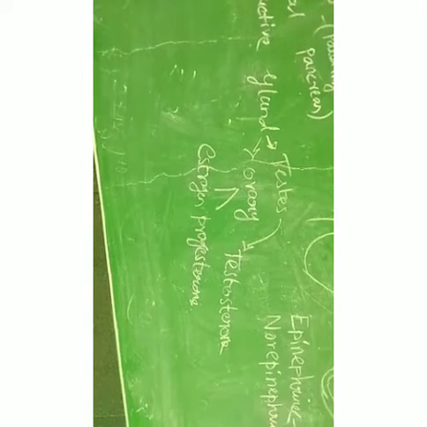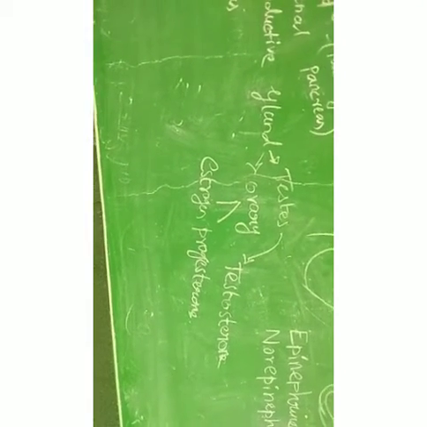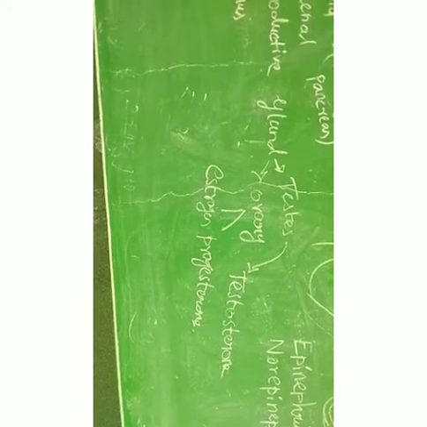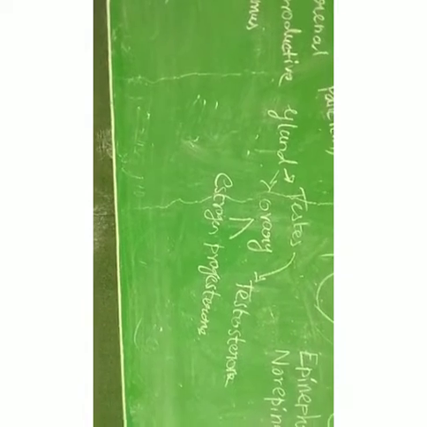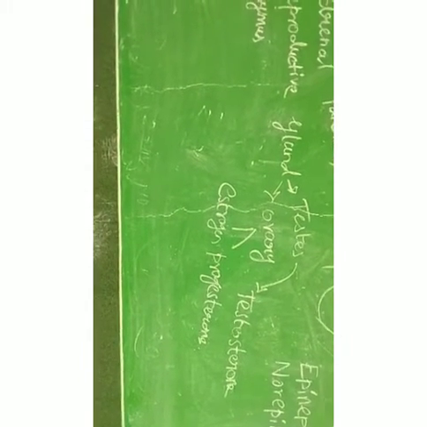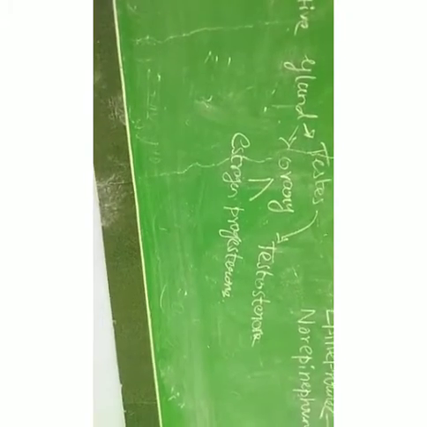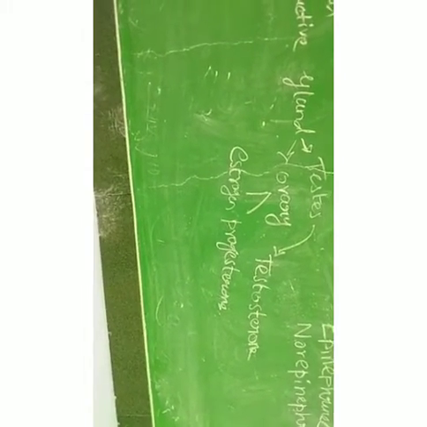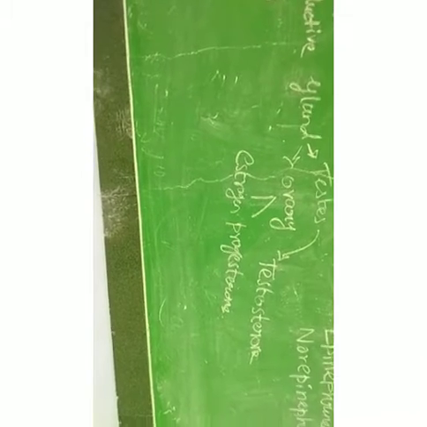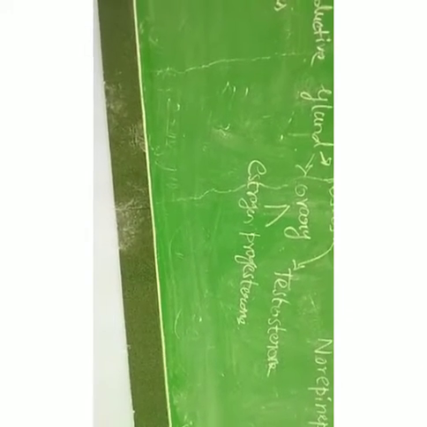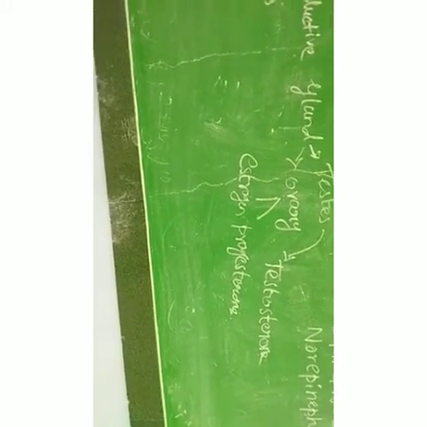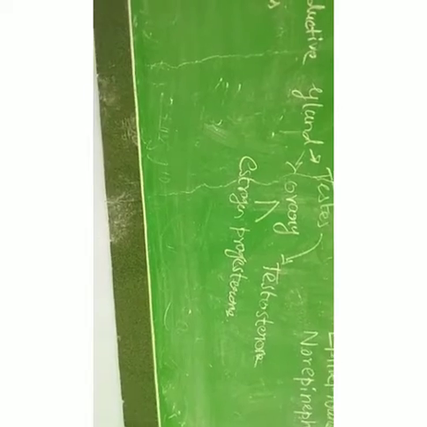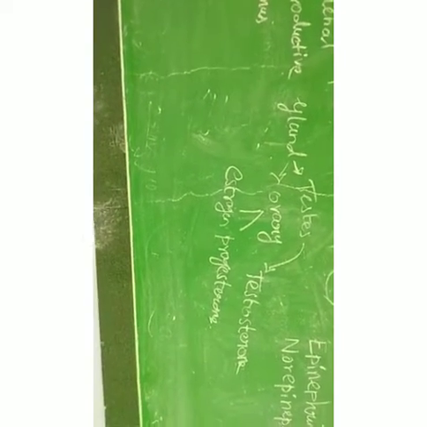Testosterone helps in producing sperm, and secondary sexual characters are developed with the help of testosterone. Estrogen is responsible for the oogenesis process, puberty and ovary function, and female secondary sexual characters also develop with the help of estrogen. Progesterone is responsible for premenstrual changes in the uterus, implantation of the embryo, pregnancy maintenance, and is also essential for formation of the placenta. These are done by the reproductive gland, the ovary.